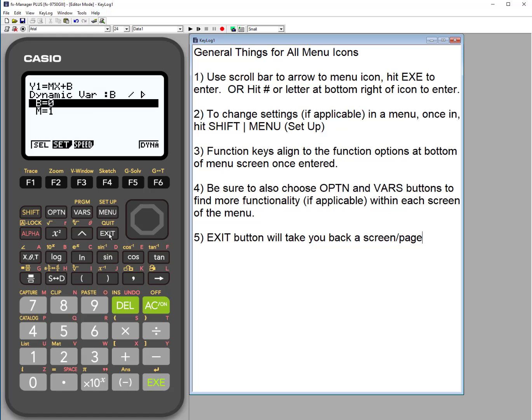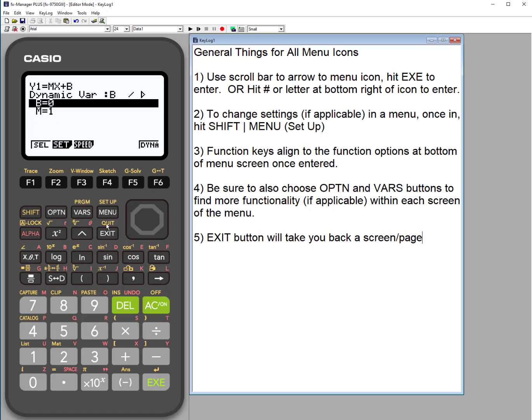We're going to hit exit to go back, and set is how I set up what values I want it to scroll through. So if you notice, we're looking at the b-intercept. I want it to stay on the screen, so -5 to +5. And I'm stepping up by 0.5. You could step up by 1, however you want, but half is good. I like to include decimals. So I'm good with this set.